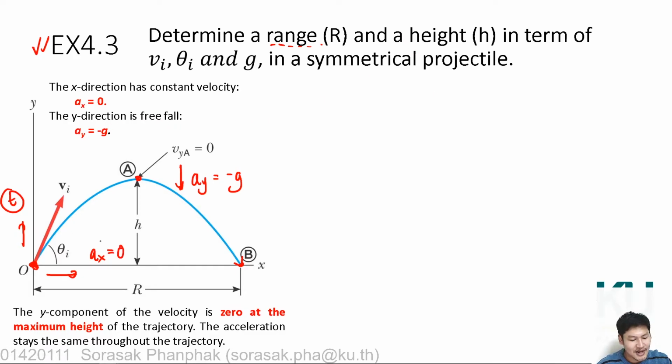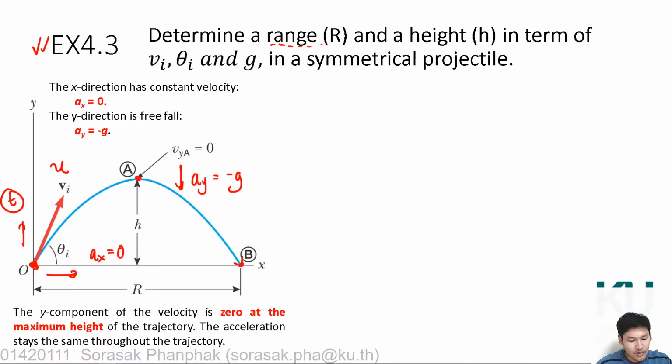Right? This is the nature of the simple symmetrical projectile. But in some cases, you can have acceleration in the x-axis if you have some thrust or force involved. In this case, we ignore the influence of acceleration in the x-axis. So what happens when this particle or object has the initial velocity vi, or u, as the initial velocity,